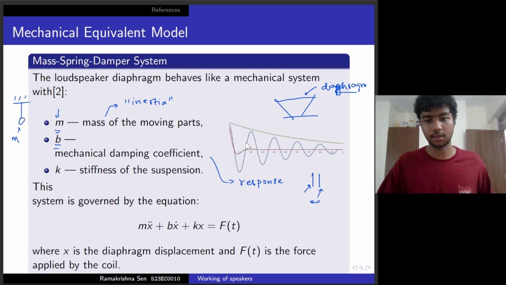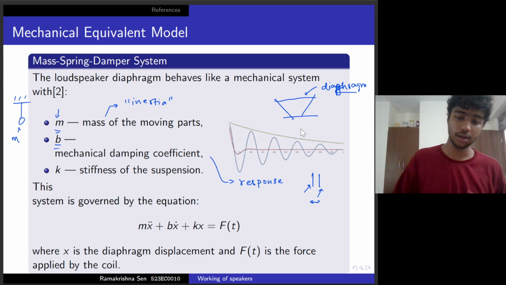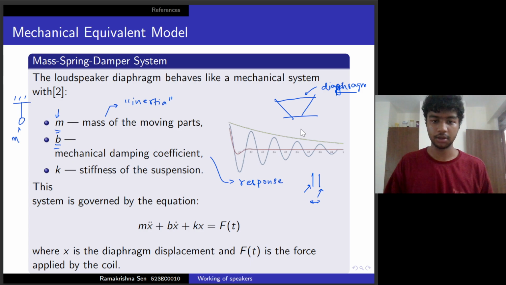So if there's a response which has a very high damping coefficient, this means that the response will die out quicker, which means you can have the next output faster, right? Next is the K, which is the stiffness of the system, which is how perceptible is the system to change, right? In general, this damping spring mass system is governed by the given differential equation,